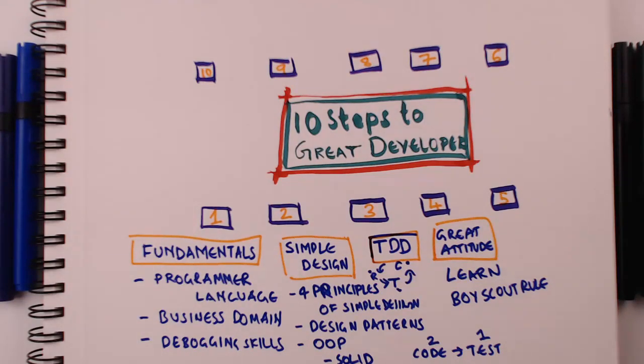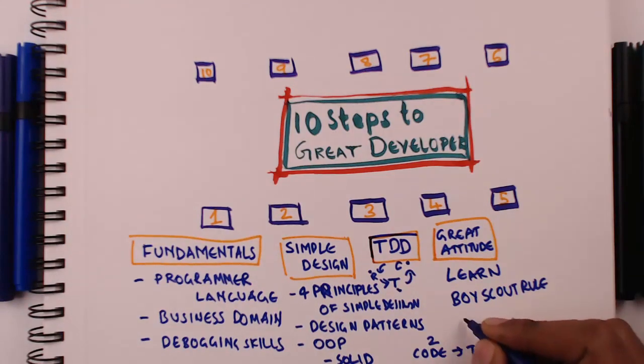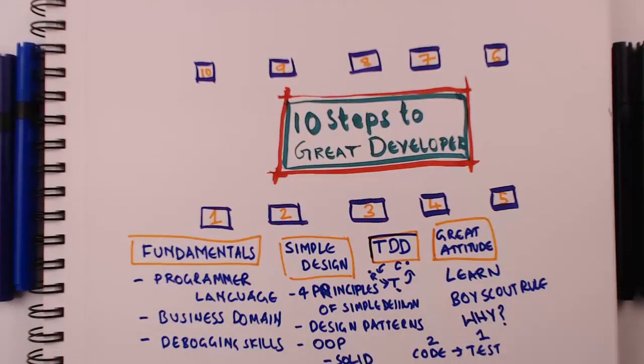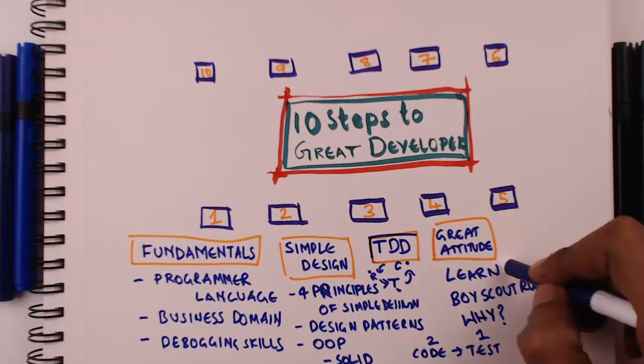The other important thing about a great developer is questioning everything, asking why. To understand everything that happens in your project, you need to ask. If somebody says, okay, this is the choice we are making, you need to understand why. When A is chosen, why not B? Why not C? Why not D? So you need to understand that, and the attitude to question is also very, very important. It's a big part of making sure that you do continuous learning.